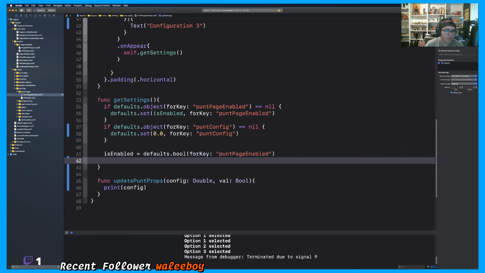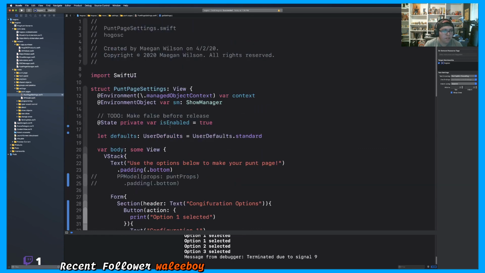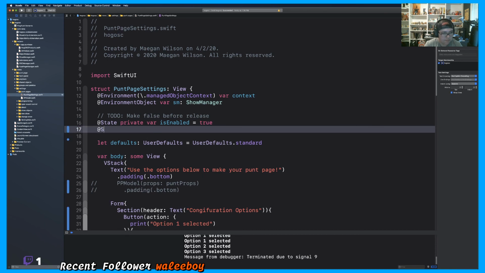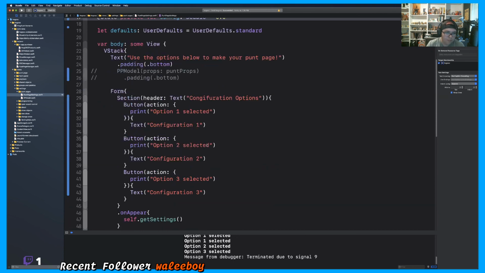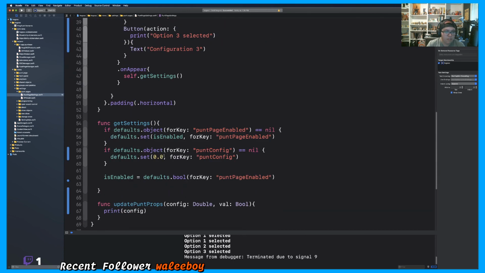And if not, we want to say config, wow, I can't type double equals true. I might end up switching back to my clicky keyboard because no, double does not equal true. It equals 0.0. Haha. And we can change this